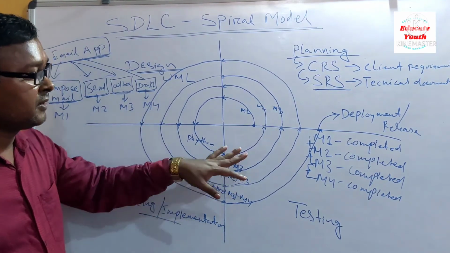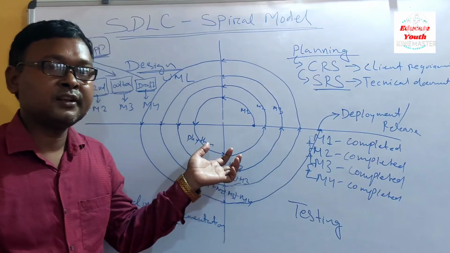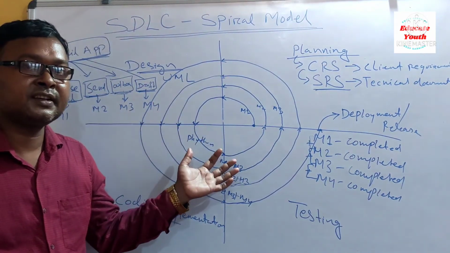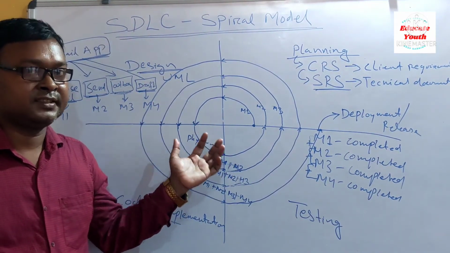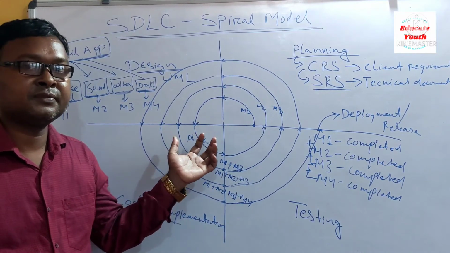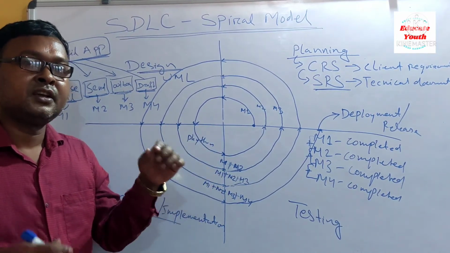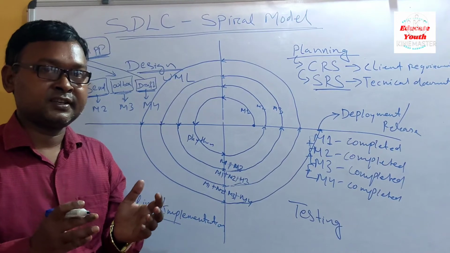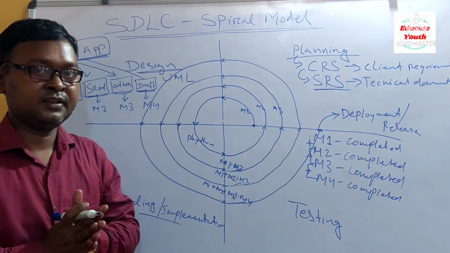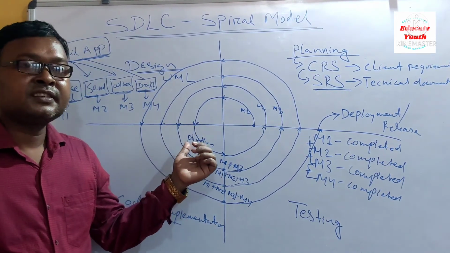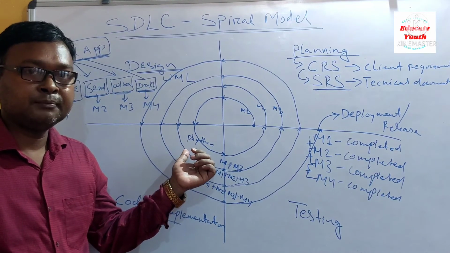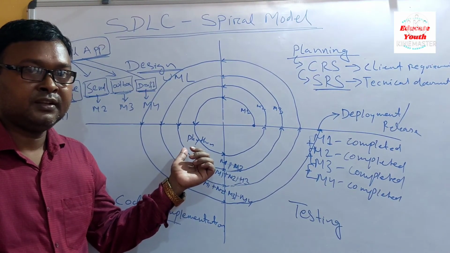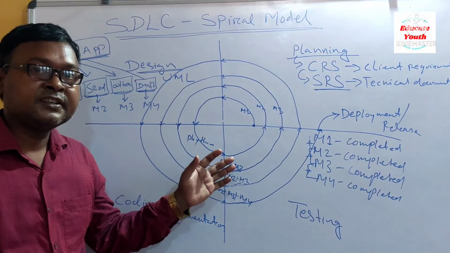So what are the advantages of the spiral model? The advantage is that it is very flexible. This model is very flexible, and it is used for developing big projects, large projects. What is the disadvantage of this particular model? The disadvantage is that it is